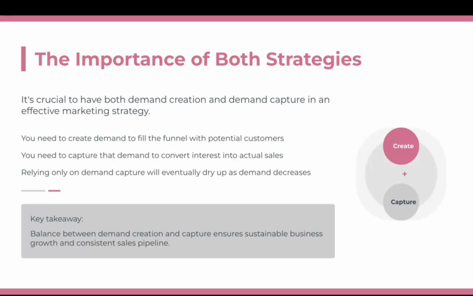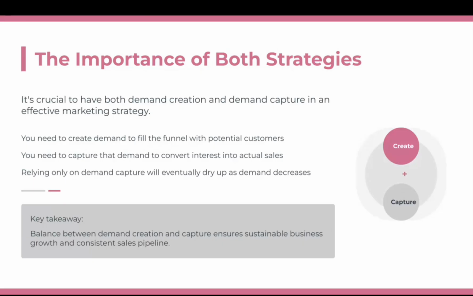never know. But the takeaway here is you want to balance between demand creation and capture, which ensures sustainability, business growth, and a consistent sales pipeline.